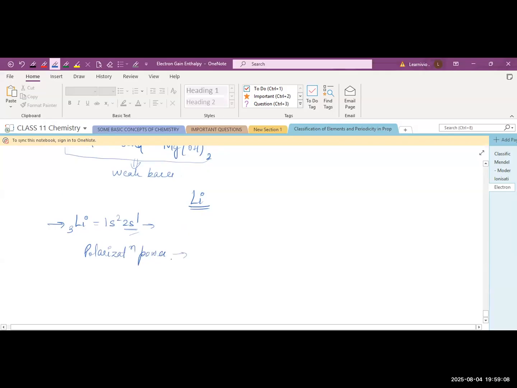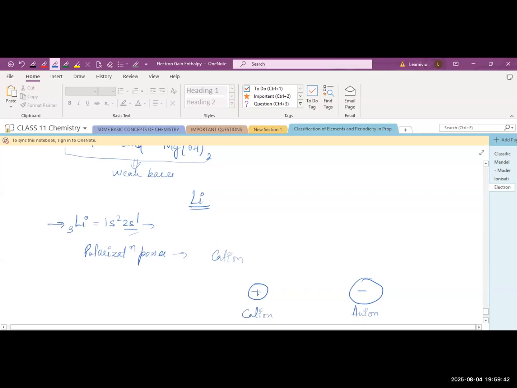Polarization power, right? It's the ability of a cation to distort the electron cloud of an anion. Suppose this is your cation, and this is your anion, the negatively charged body, and this is your cation, the positively charged body, right? Now the polarization power को हम